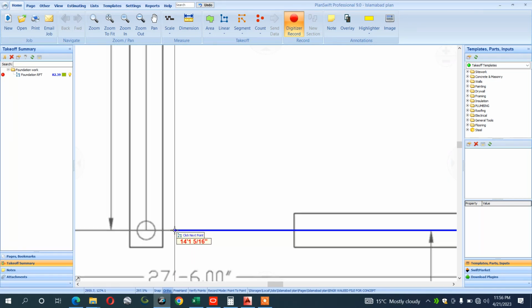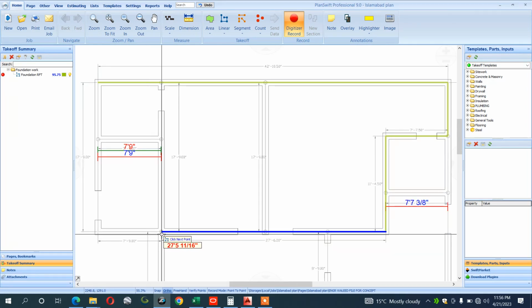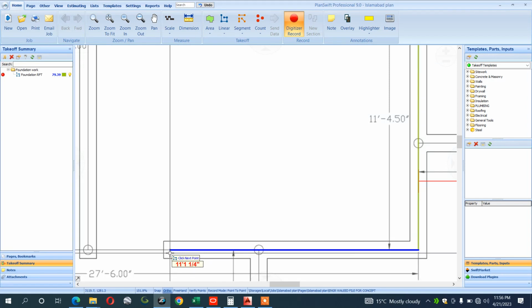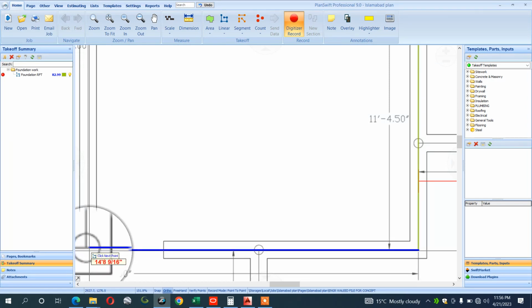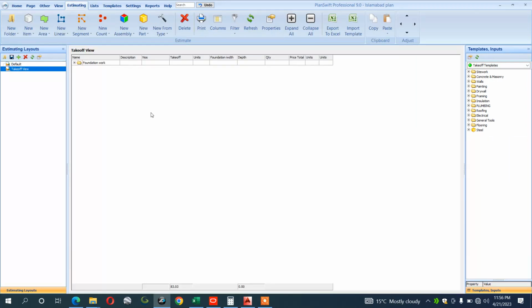Okay, so now you are going to do the excavation, and for example you have done the excavation work up to this wall. Up to this wall you have done the foundation work. First of all you have to go to the estimating work. In the estimating work you have to click here, and you can see that you have done a total of 83 feet